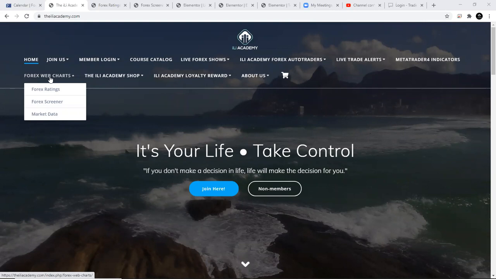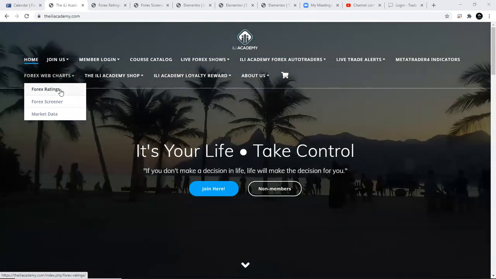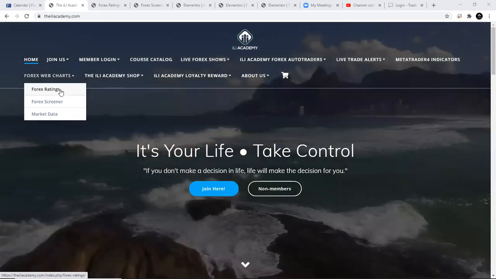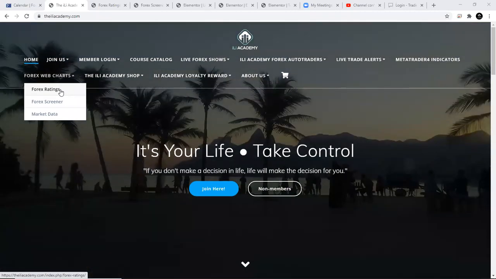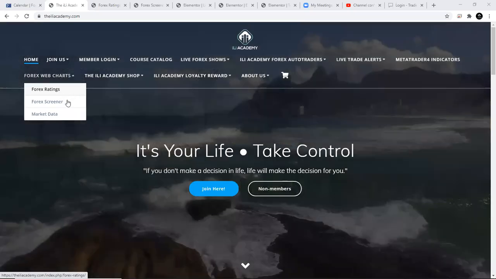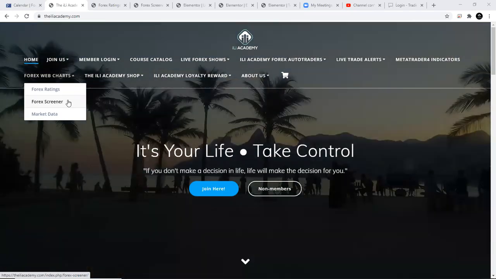We have Forex ratings, which is basically looking at the analyst ratings for each of the pairs, telling you whether it's a buy rating or a sell rating, and how many analysts are on either side or if they're neutral. Then we've got a Forex screener where you can actually set whatever parameters you want on there,